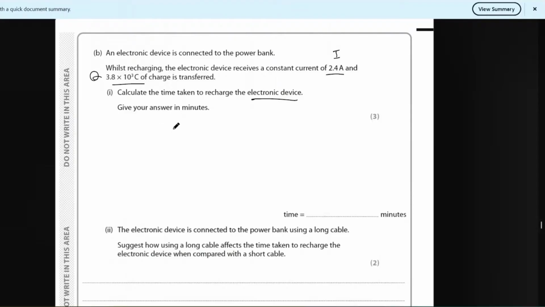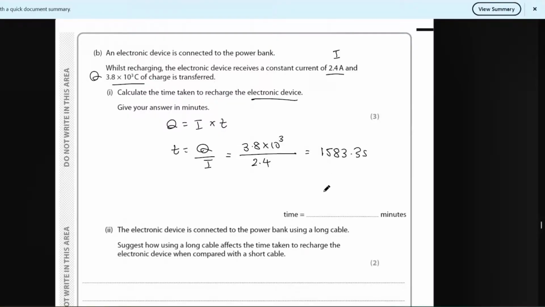So we'll use the equation again. Q is equal to I times T. This time we need to find the time taken. So T is equal to Q over I. So the amount of charge transferred is 3.8 times 10 to the power 3 coulombs, which is already an SI unit, divided by a current of 2.4 amperes. How long will this take? This gives us